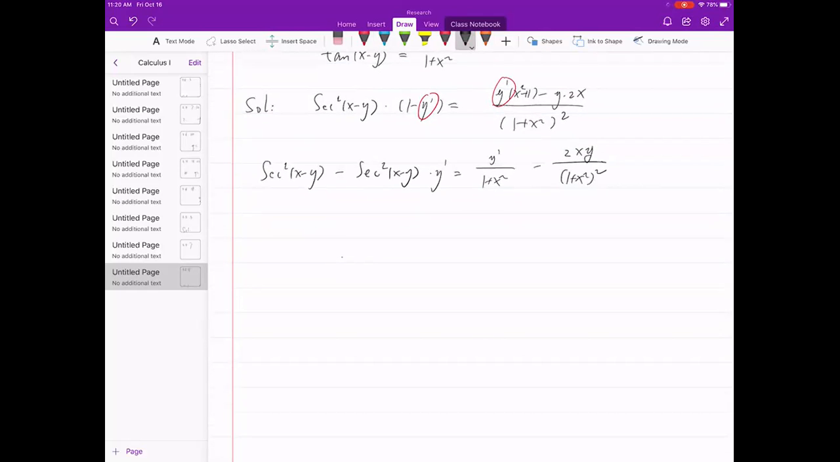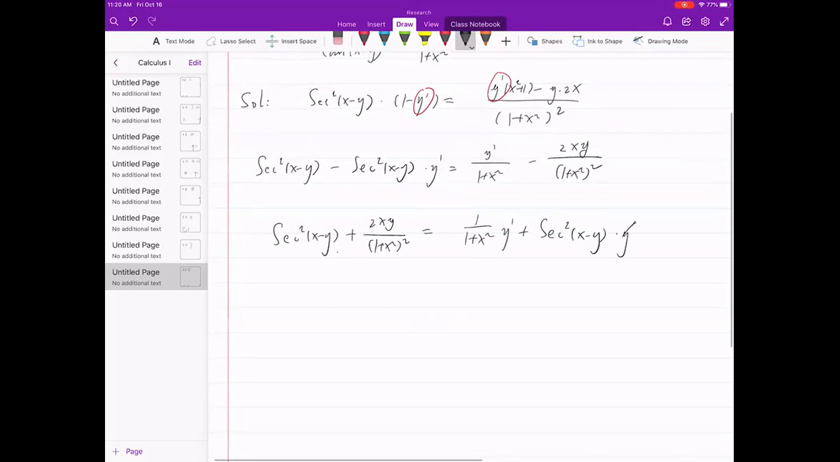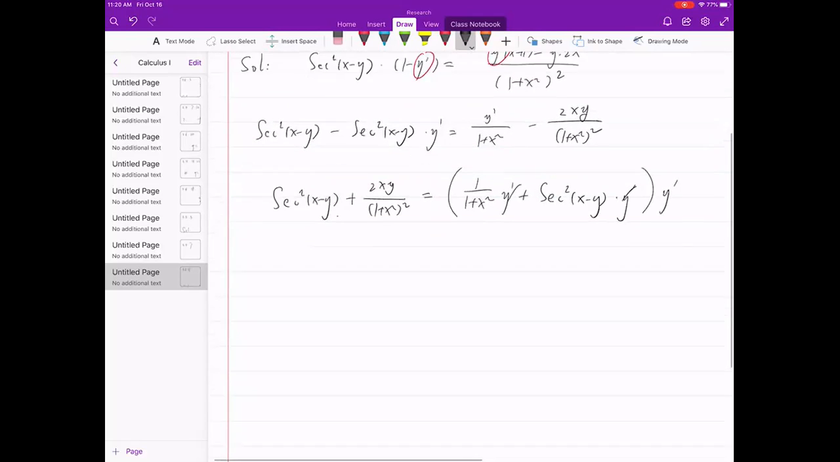Move everything together without y prime and with y prime. Factor things out. Finally,